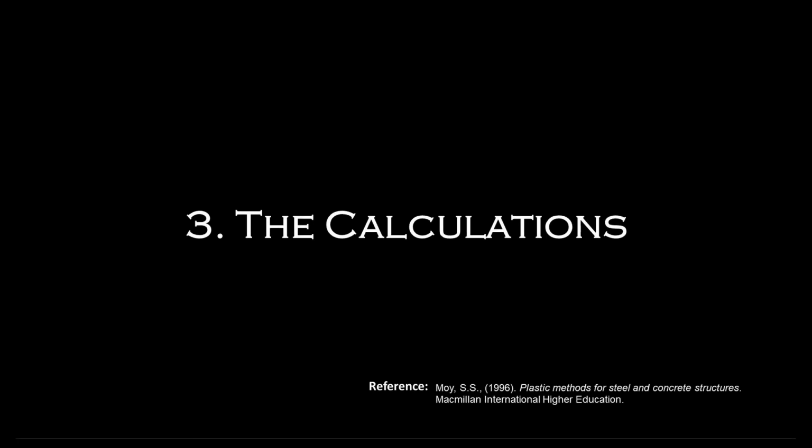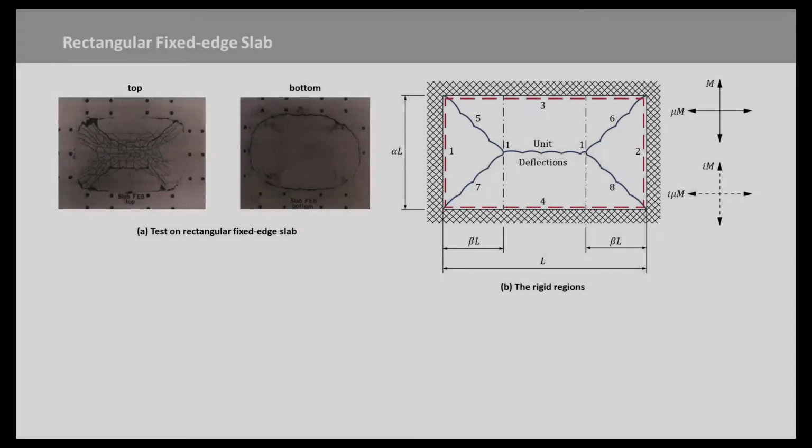Next, we will use an example to illustrate the application of the yield line method. This example is derived from the model rectangular slab shown in figure A. The large cracks and crushed concrete suggest the yield line pattern in figure B. Tests show that the point of intersection of the positive yield lines, defined by the dimension beta times L, depends on the ratio of the side length and the factor mu that defines the orthotropic reinforcement. Consequently, the actual position of the inclined yield lines is unknown.